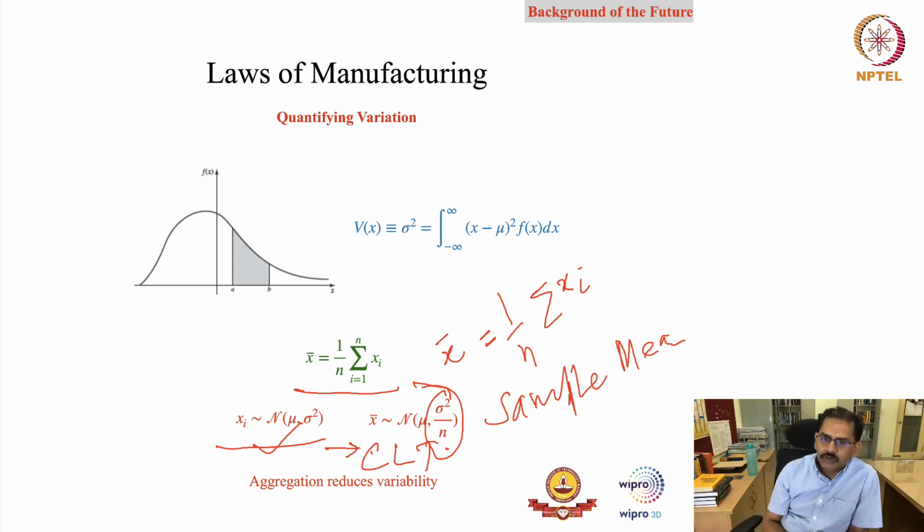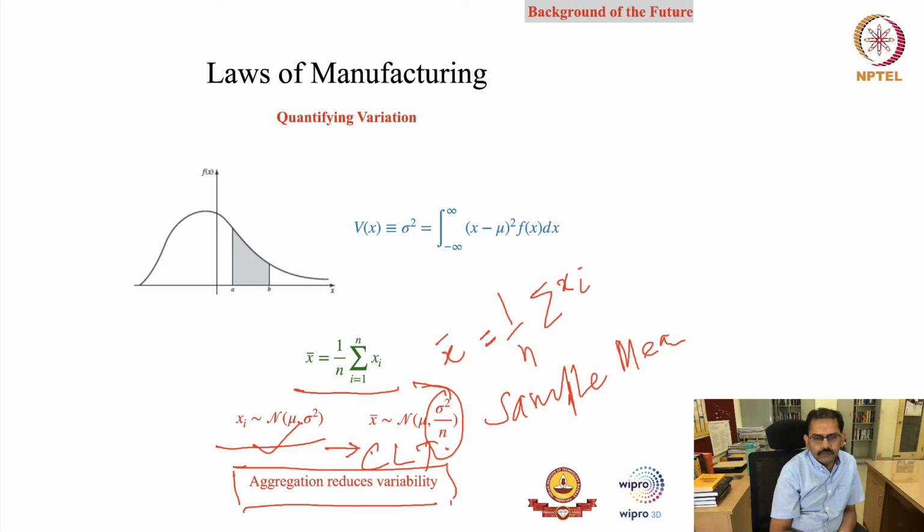And this wisdom is going to play a very key role when we talk about matching demand and supply, because it actually gives us some kind of a law. I can call it a law of nature, that if I aggregate, I'm actually reducing the variability, and you can actually see that, right? So x bar is nothing but some kind of an aggregation, right? And aggregation is actually reducing the variability. So this becomes a significant wisdom to match the demand and supply, right?